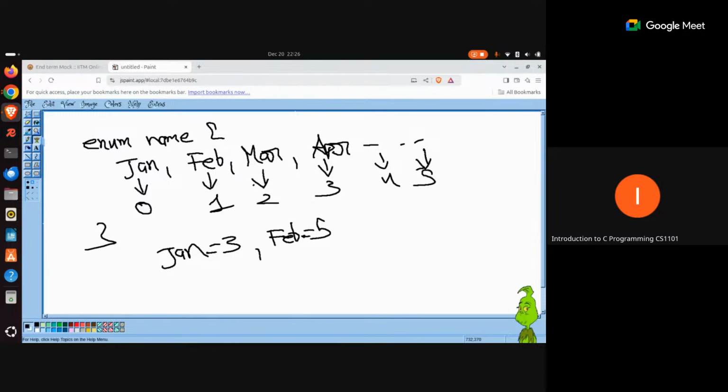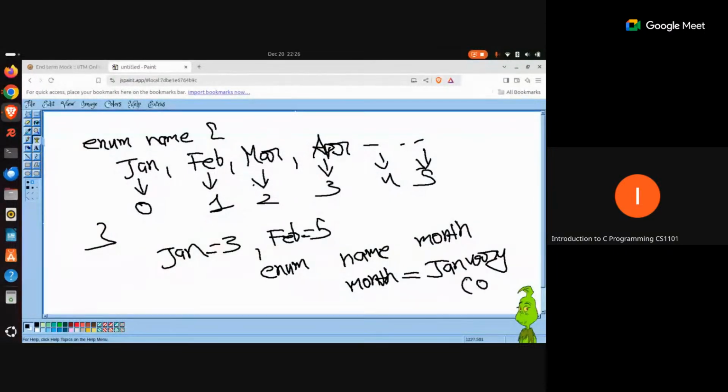But what you are getting here is code readability, because when you are creating a value for this enum type, let's say the enum name is month, you say enum month. Now, if you say month equals January, you are saying month equals January, but ultimately what you are saying is that month equals 0, because January implicitly has a meaning of 0.